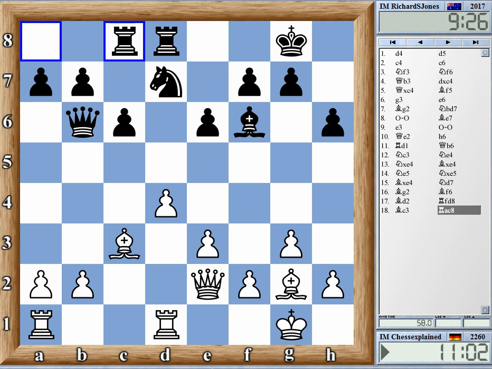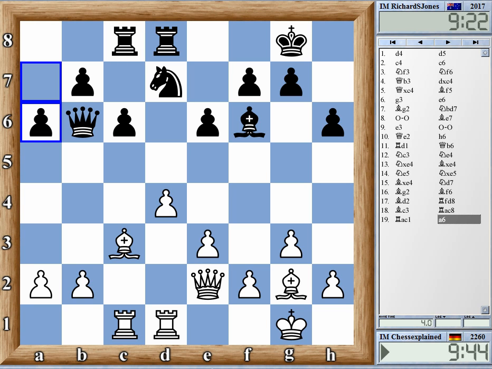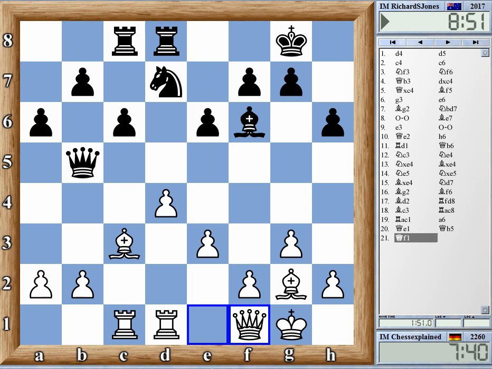The 2 bishops a little bit more in the center, no? But black is very solid, of course. And a6 and now queen e1. This is actually supported by the computer, and now it wants to play b3. Yeah, maybe. I'm not really